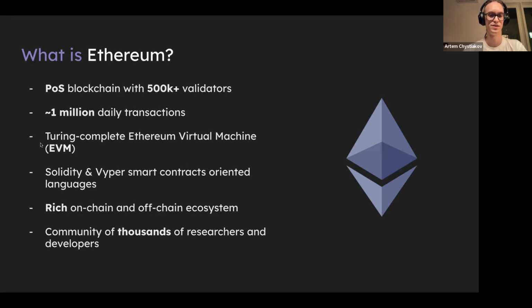The main feature of Ethereum is its virtual machine. It is the heart of Ethereum. It is what makes Ethereum possible. It is the idea of the blockchain, and it is basically the program that enables smart contracts to be present, to be executed, and to be understood by Ethereum.